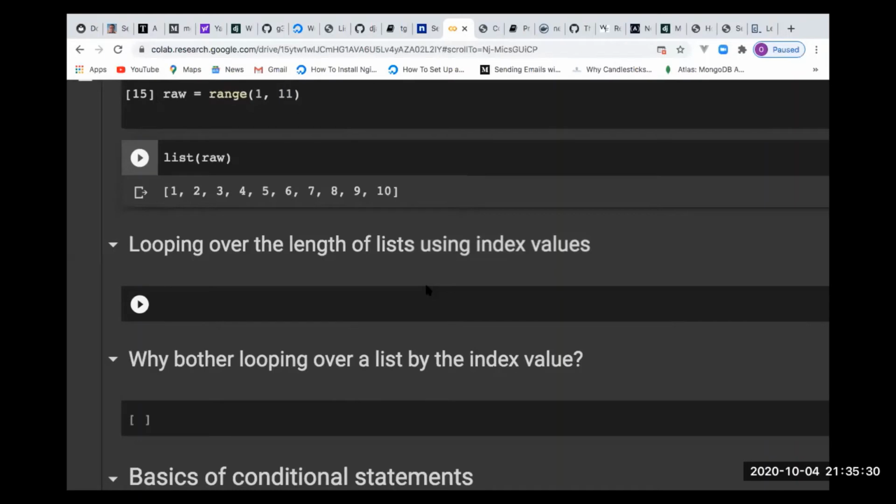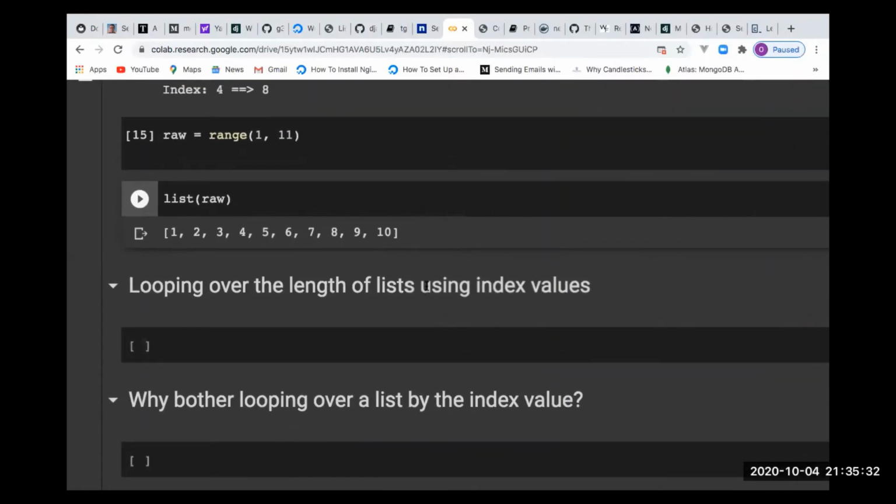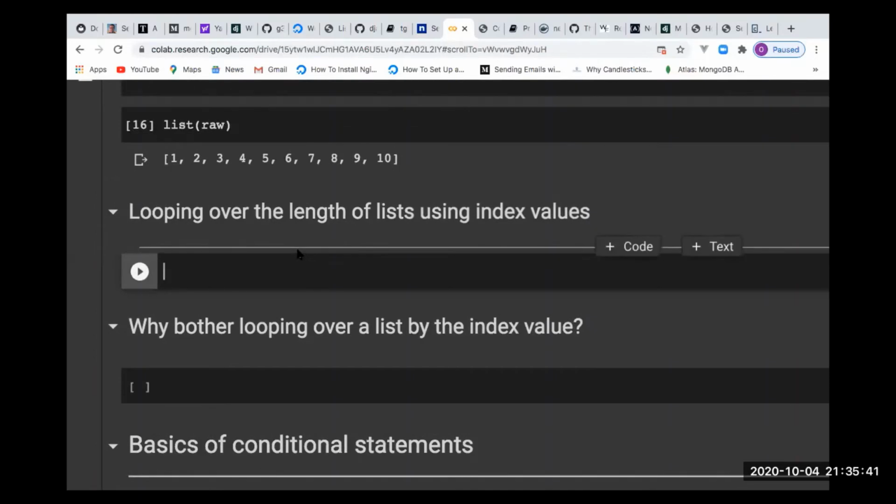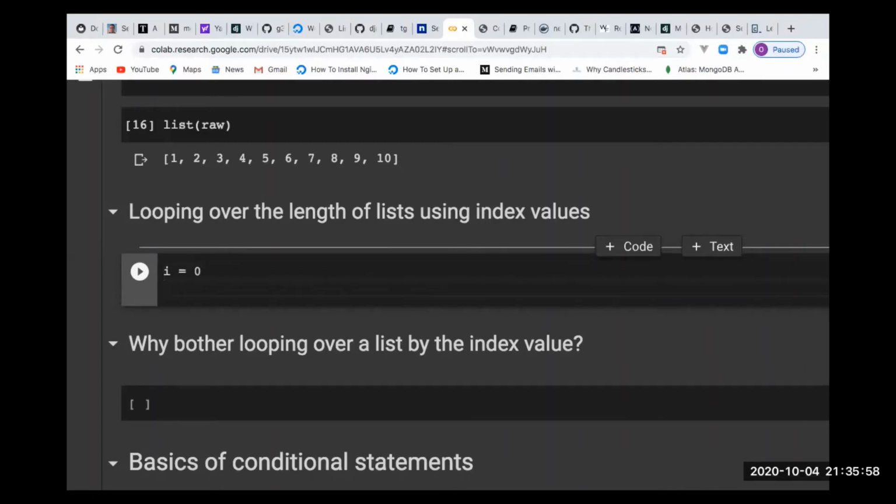So we can loop over the length of a list using the index value. Now, what am I saying here? Let's say for i, okay, let me declare 0. That's a variable. And I'll say for i